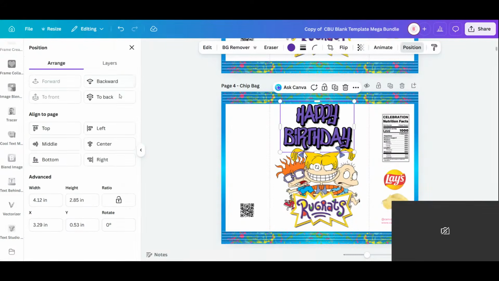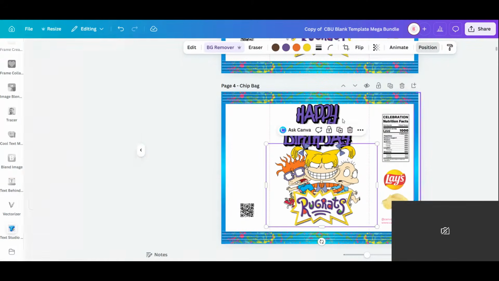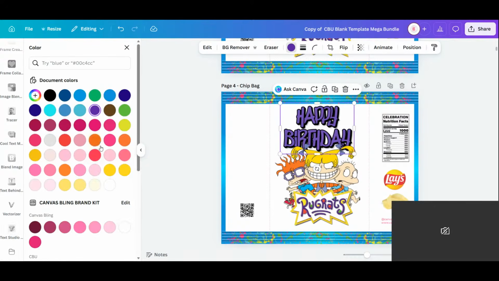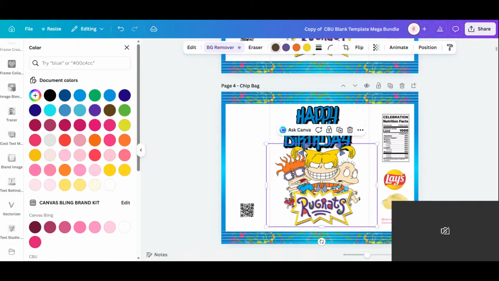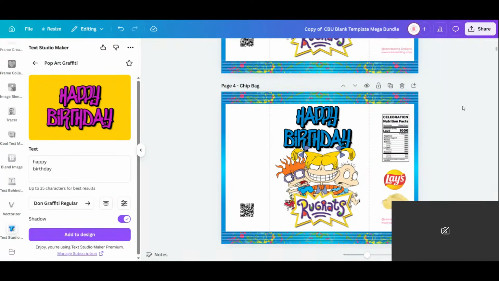I'm going to position it slightly behind Angelica's hair. Let's see if we could go with a different color because we're more blue than purple. I feel like that's cute. Now,